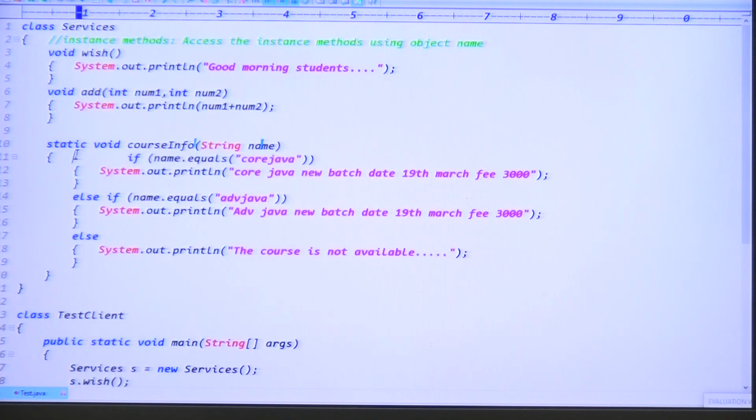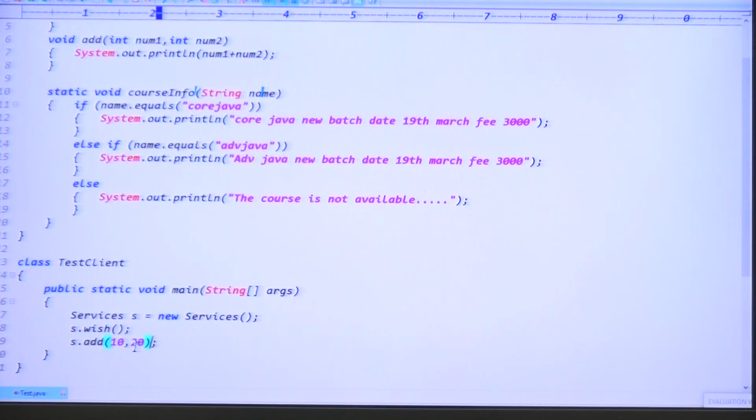What am I doing here? Good. But is this courseInfo an instance method or a static method? Definitely it is a static method, right? Exactly. Then tell me, guys, how can we call the static method? We can call the static method using the class name.